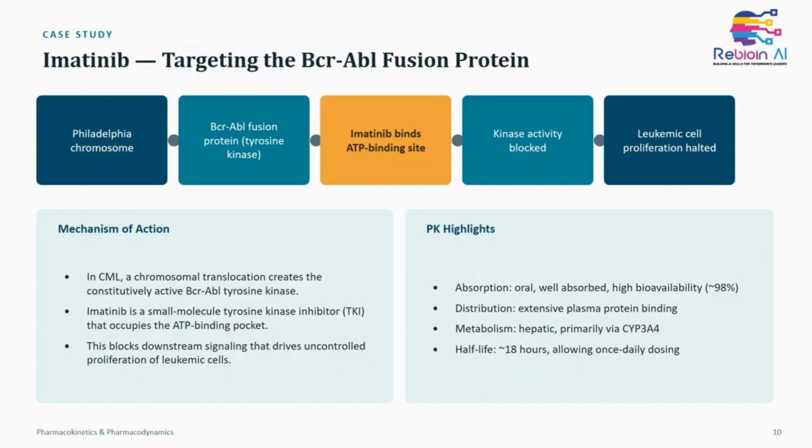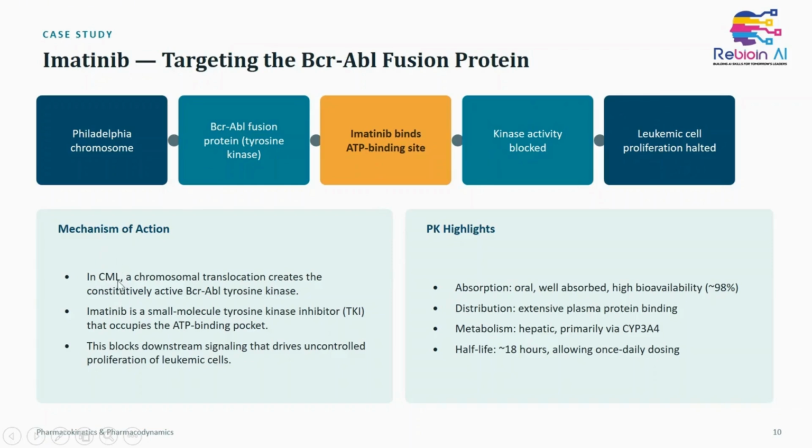And the next drug is Imatinib. Imatinib targets the BCR-ABL fusion protein. So this is the Philadelphia chromosome and BCR. This is the roadmap of its mechanism of action: Philadelphia chromosome, BCR-ABL fusion protein, a tyrosine kinase. Through this mechanism, Imatinib binds ATP binding sites, right? And this leads to blockade of kinase activity, and leukemia cell proliferation is halted. So this is the mechanism of action of